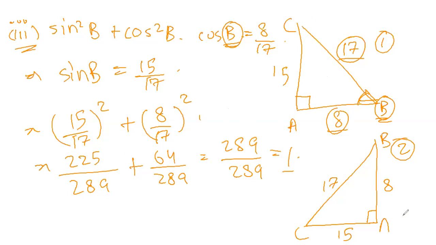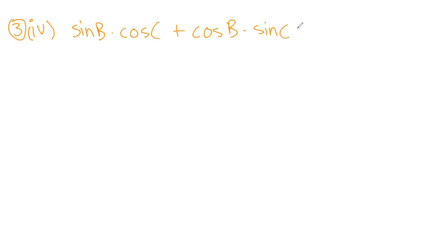Okay, so we'll move on to our next question. That is the fourth one of the third question. So here it states that sine B is sine B into cos C plus cos B into sine C. So this sounds a mouthful. So first we write the question. Sine B dot basically means into cos C plus cos B sine C. Now all we have to do is we have to solve these figures again,